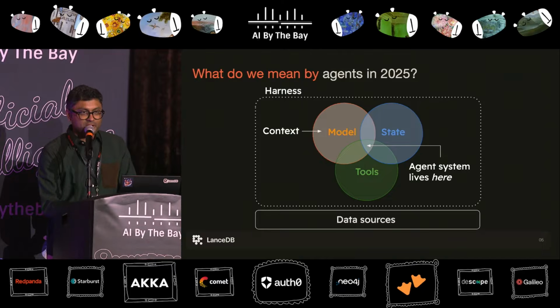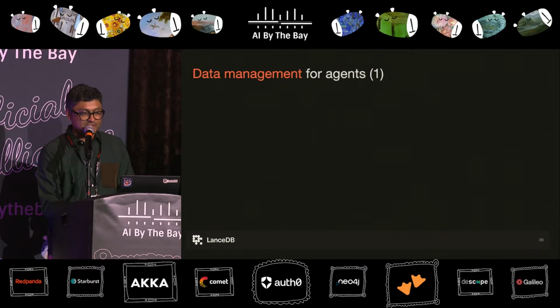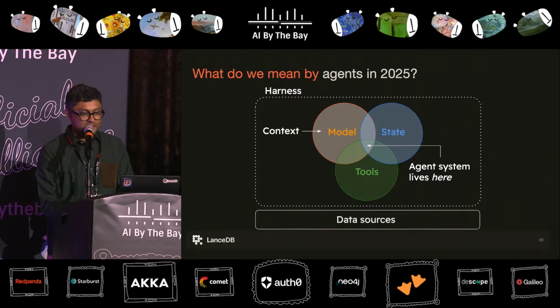The simplest form of a harness is a while loop that just tracks state, where you keep looping through the workflow until the system meets its criteria and stops. But there are obviously way more complex and sophisticated harnesses that exist in the agent frameworks that we use. But the bottom line is that the agent system lives at the intersection of all these pieces. And all of them rely on data sources at some point, whether it's public APIs or your organization's proprietary data.